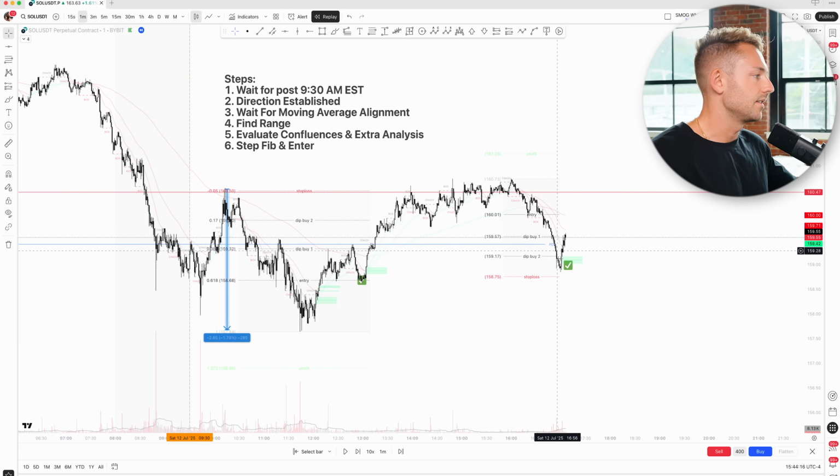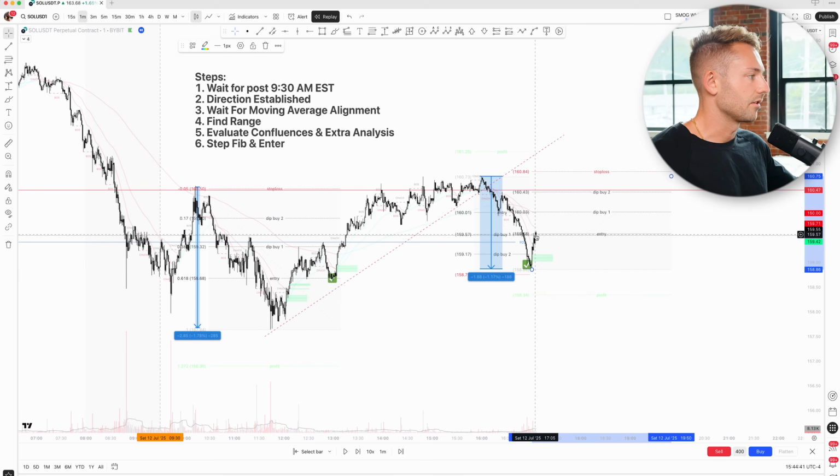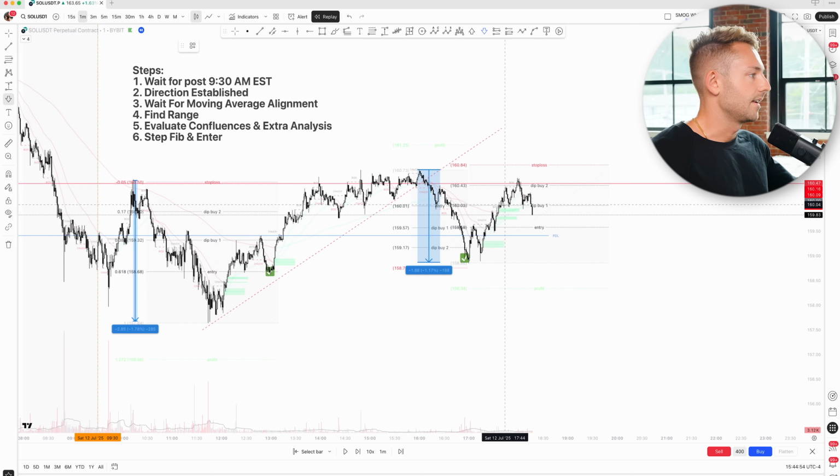So now we have a downtrend in this direction, which gives me a new range. The trend level breaks off of here, creates a new range. I can draw from this level here into our position. We enter right here. We add dip by 1, dip by 2, comes back down, fills us once again for another full win. Now this can get even juicier as we add confluences to this, which allows me to basically